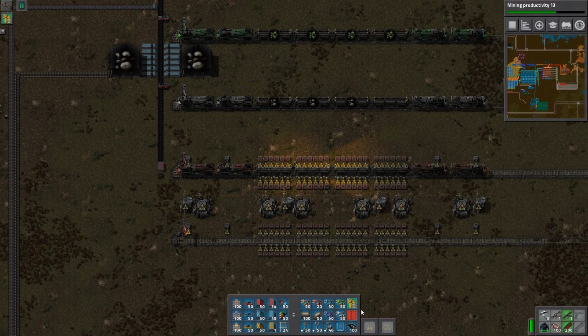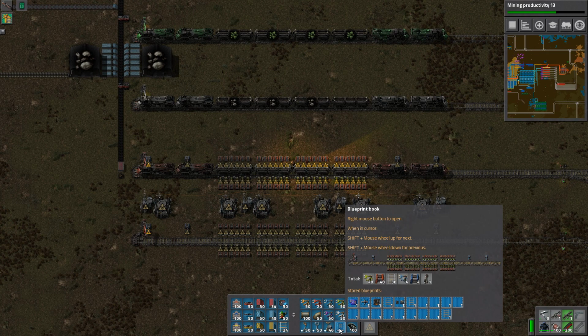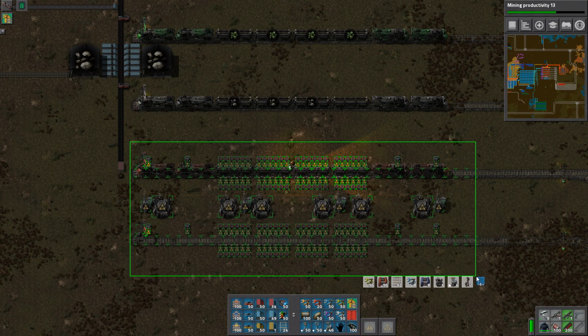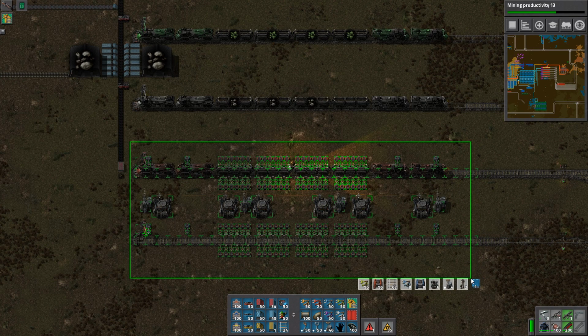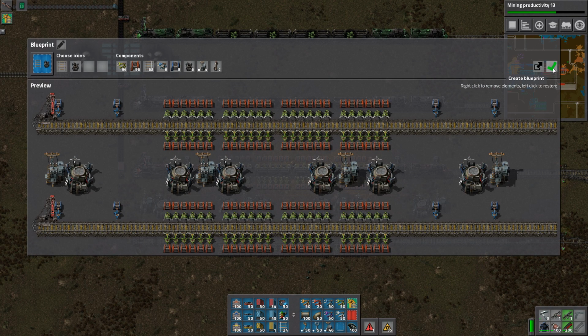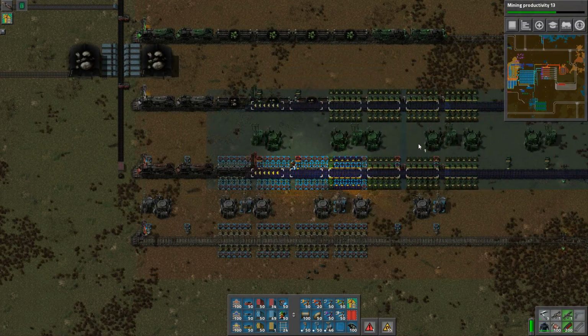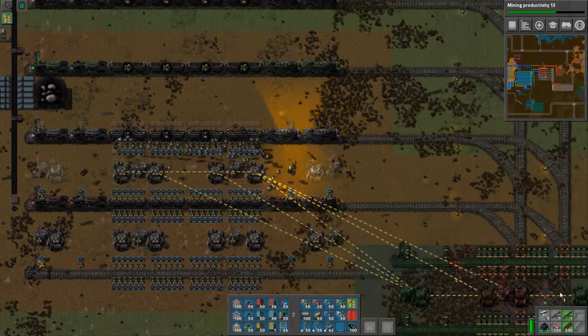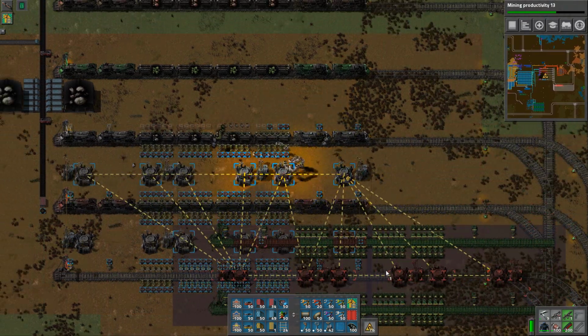So what we're going to do is set this up as a 2-station blueprint now. So we are going to just grab this, because all of these are configured correctly for the way I want to do this. And we are going to go ahead and create the blueprint over here like that, which means we should be able to just stamp it down on top of every single one of these stations now. Just like that. And we're going to get this filled in